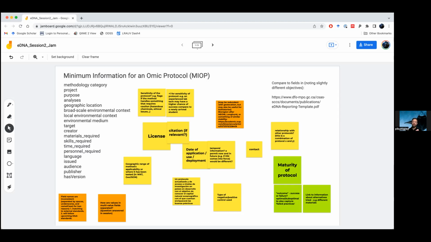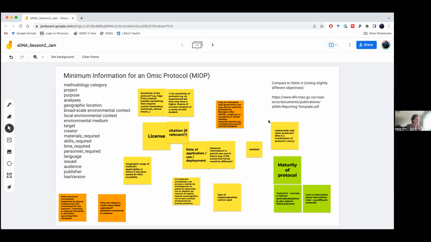And also why the modules are so handy, because we can split up what is minimal for each chunk of the protocol, from sampling to the data to the permit acquisition. That could reduce the fatigue of people, because they're not going to be confronted with this massive list of things to fill in. If you're dealing with this chunk, here are 10 fields, it's doable, right? And it all adds up. And also you can send that to the person responsible for that chunk, because there are often different people in the team who handle it.